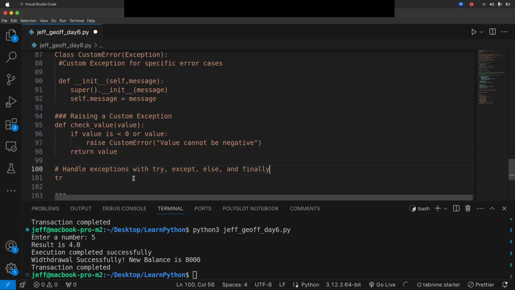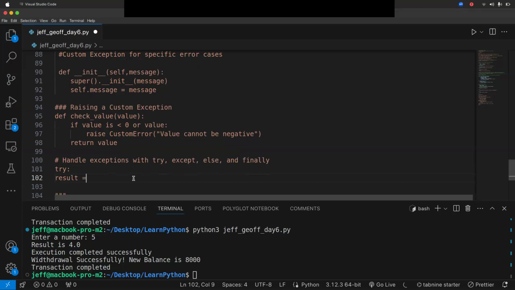Okay, good. Try now and say result equals check value.